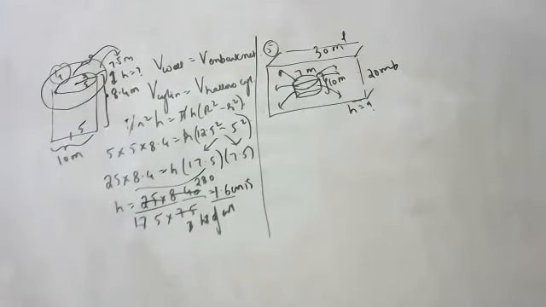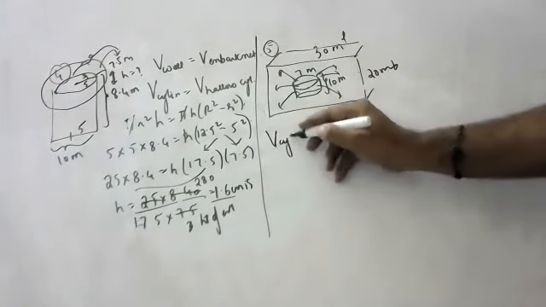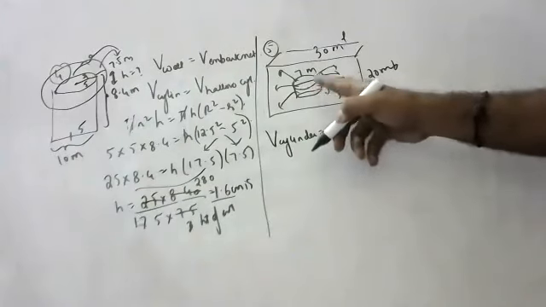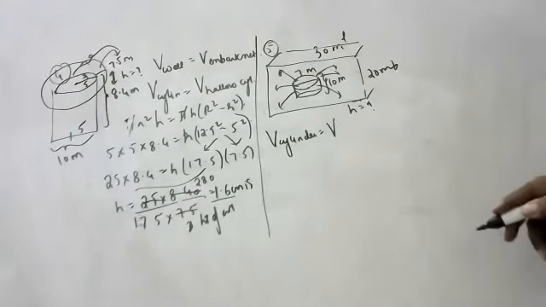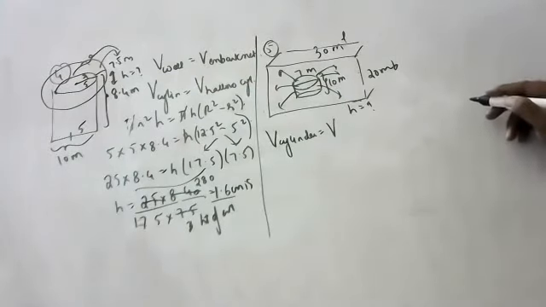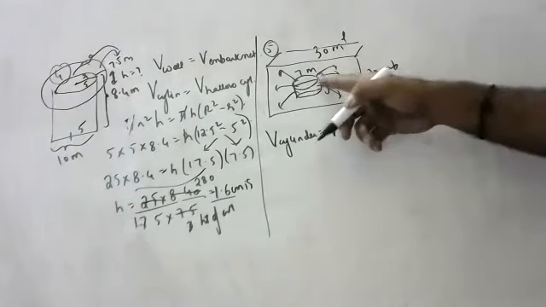What do you do then? Volume of the dug cylinder is equal to volume of... Sorry, sir, I lost. Volume of cylinder is equal to volume of... Anyone in the class? Anyone can take this up? Cuboid. No, no. Anyone in the class? 8th class also no problem. Volume of cylinder, sir.